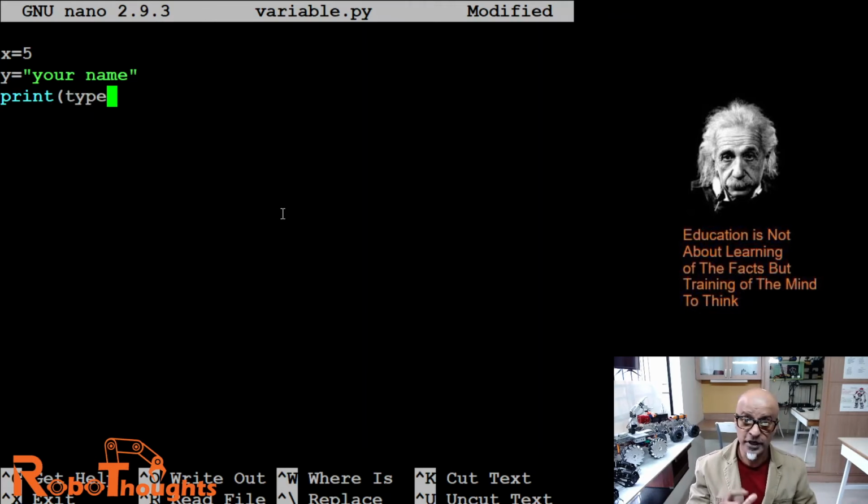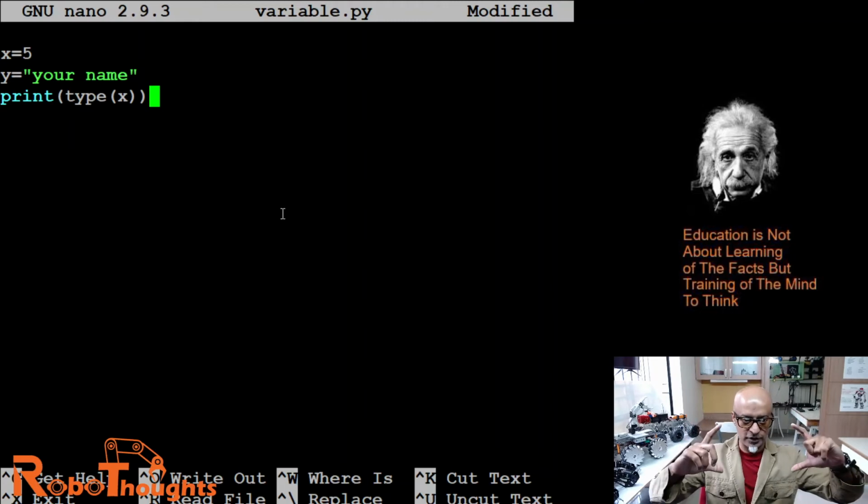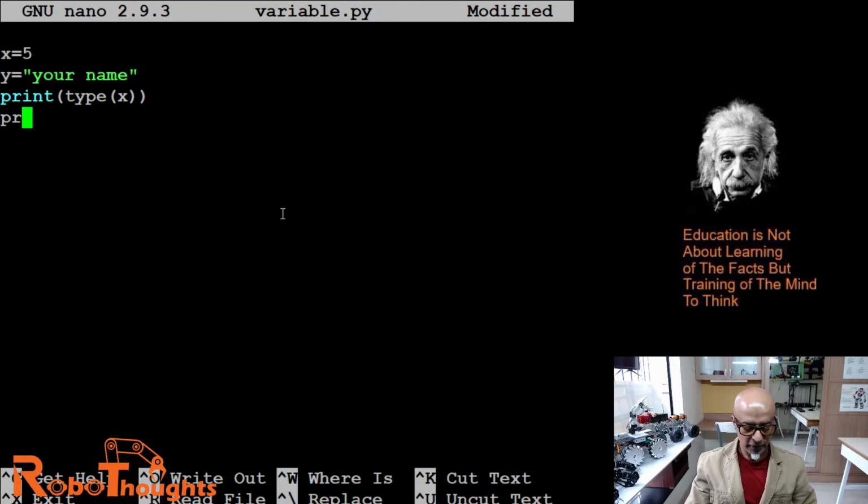You ask for what? x. So what is the x type? Say x, and then put a closed bracket. You are opening a function called type, and inside it you are asking for x. That's how it is. Then again print type of y.